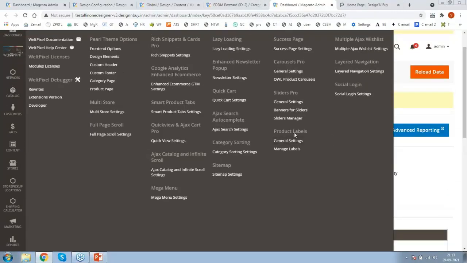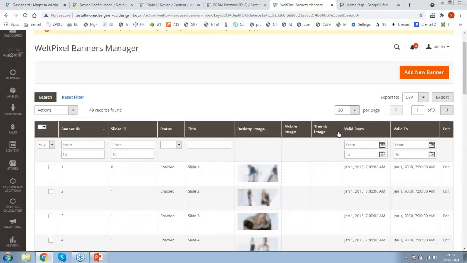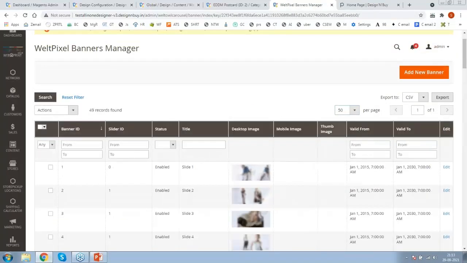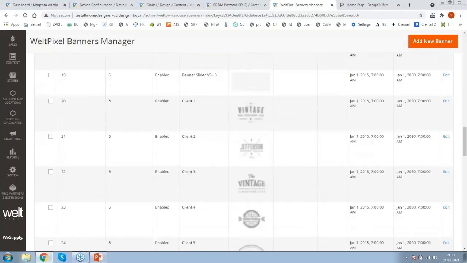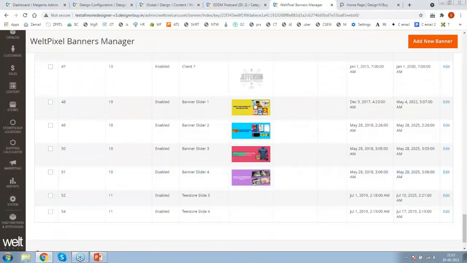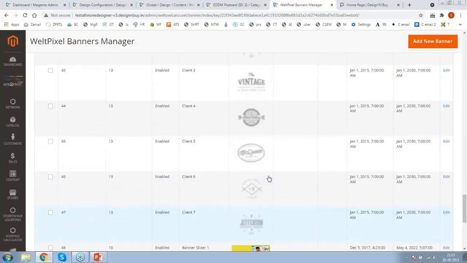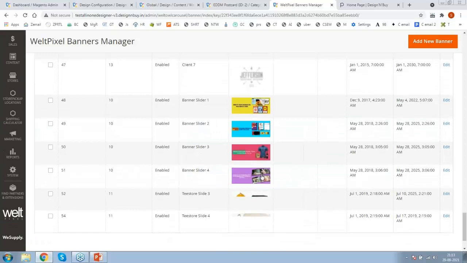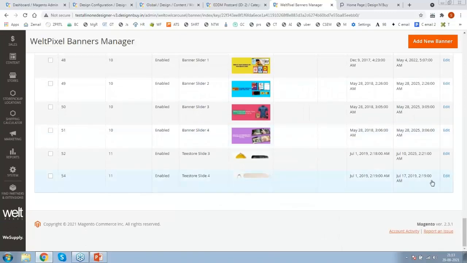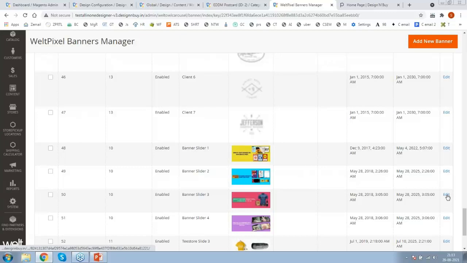Weld Pixel, banners. So all the banners are visible. See right now the first yellow banner is visible, this one. So let's say I want to add a new banner, or you want to edit an existing banner. Click here.